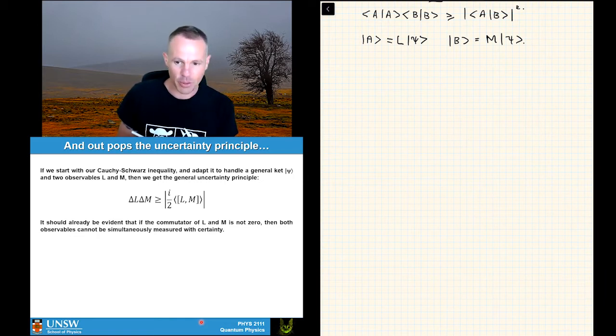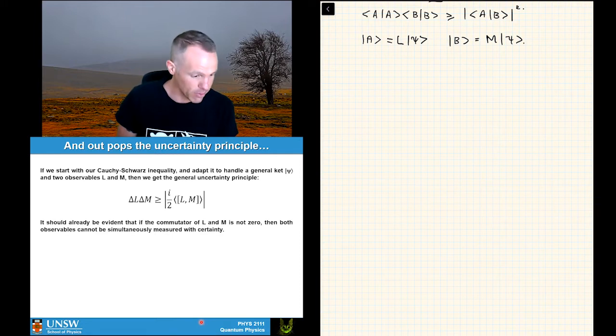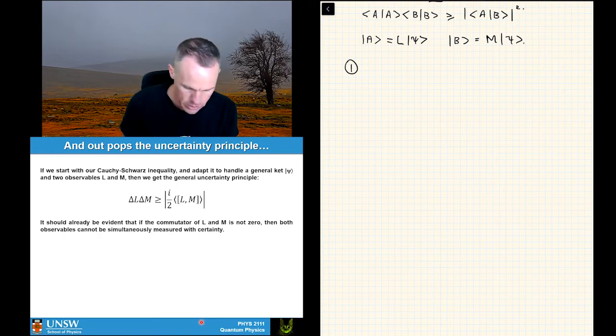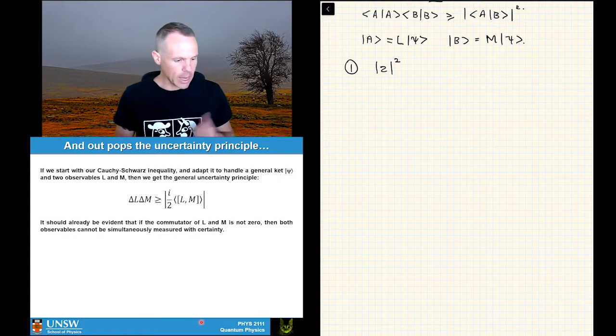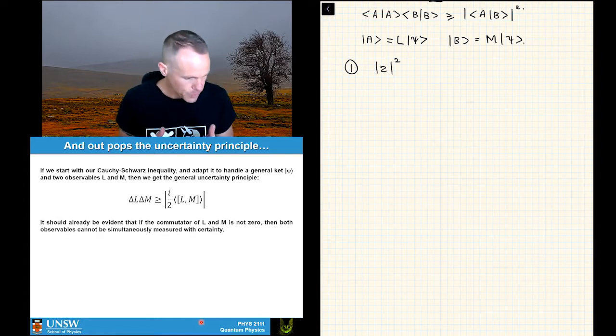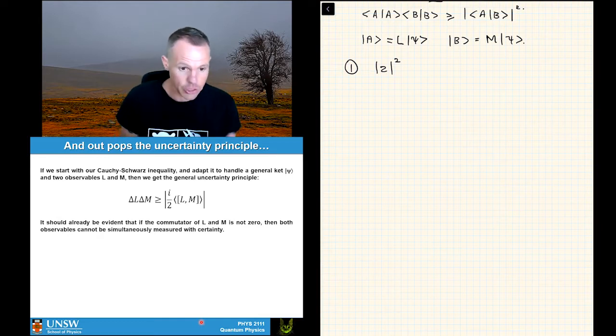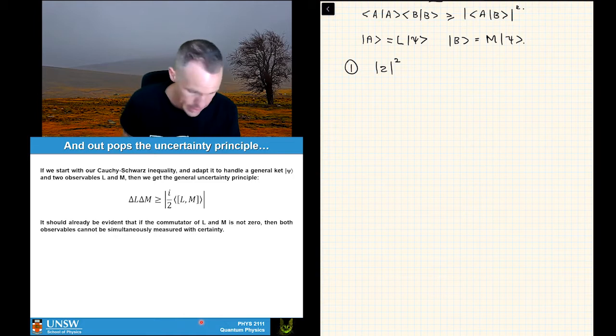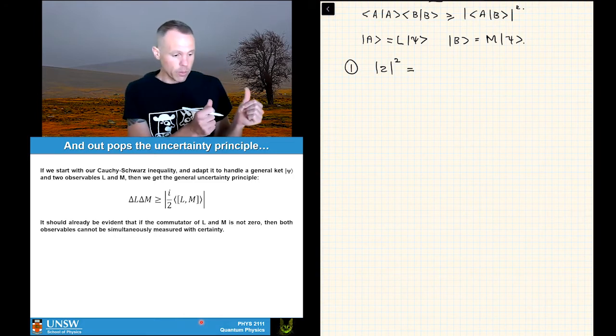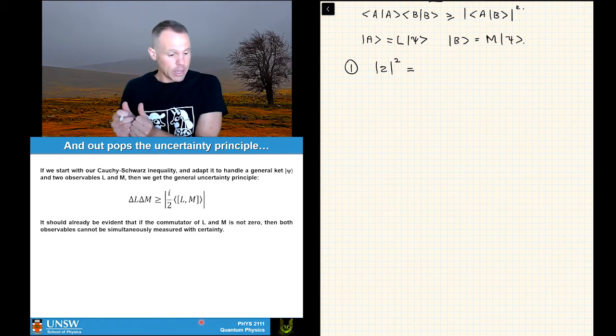I'm just going to put them down, and if you don't believe me, you can go back and have a look at them, okay? So the first thing that we need to know from our complex maths courses is that if we take some complex number z and we take the square of the magnitude of it, bear in mind that z is now a complex number, so we have to worry about conjugates, which is why we've got the absolute value sign in there. It's going to be equal to the square of the real component plus the square of the imaginary component, right?